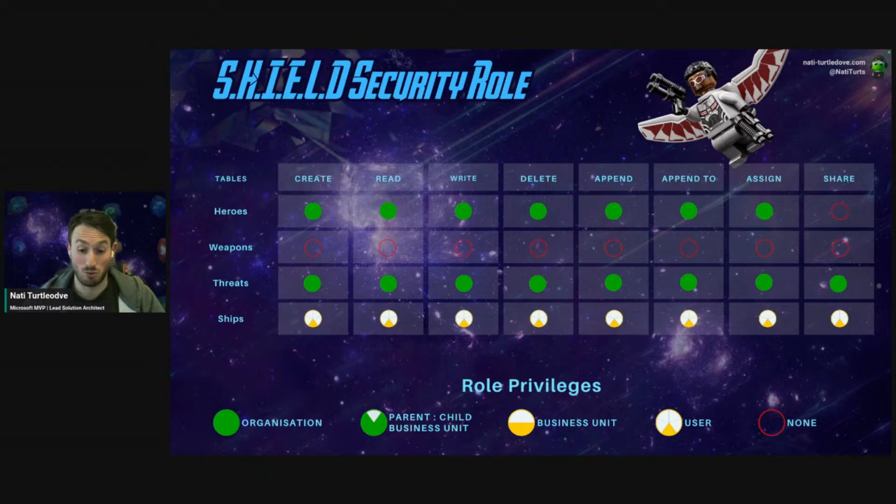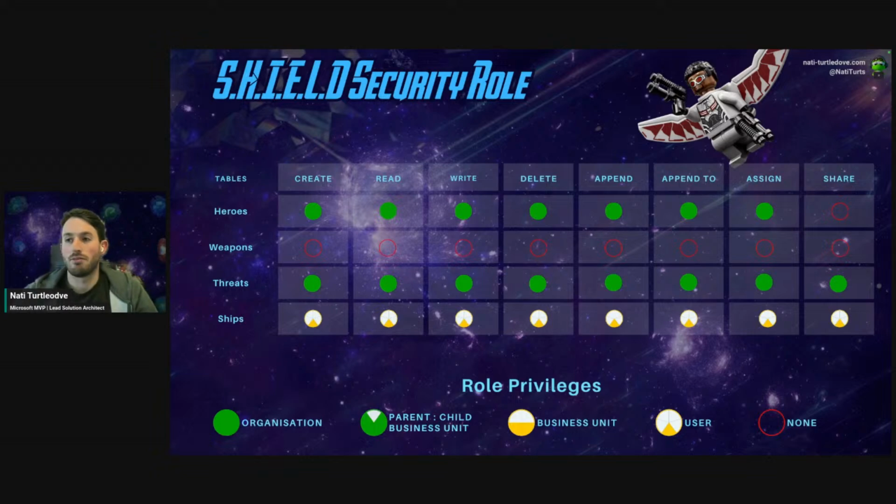He fortunately controls the Shield playbook, so that ensures that he can control all threats coming into the MCU business unit. He can create them, he can edit them, he can assign Avengers to them to go tackle them, so he's got full control. But he's got a bit more respect for property, so he only uses his own private ship and he doesn't share his ship with anyone else. Pretty straightforward.